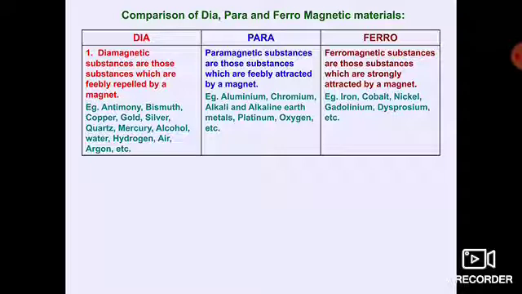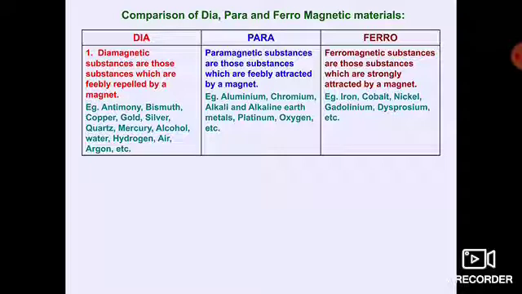Examples: antimony, bismuth, copper, gold, silver, quartz, mercury, alcohol, water, hydrogen, air, argon, etc. Paramagnetic substances are those substances which are feebly attracted by a magnet, such as aluminium, chromium, alkali and alkaline earth metals, platinum, oxygen, etc. Ferromagnetic substances are those substances which are strongly attracted by a magnet: iron, cobalt, nickel,